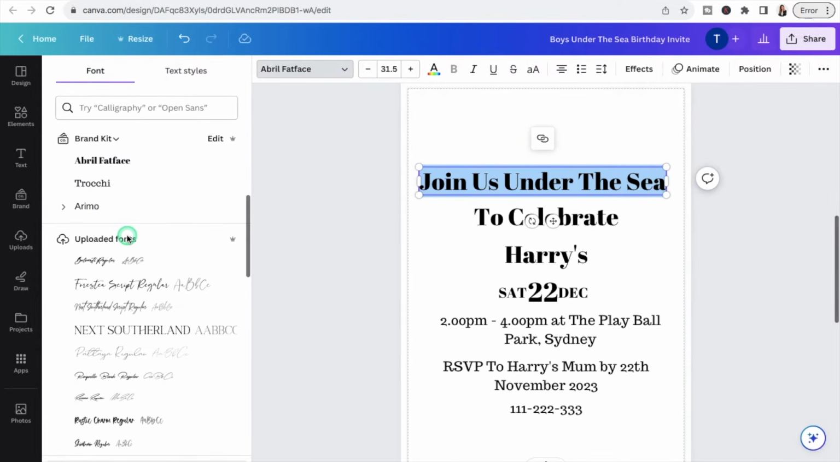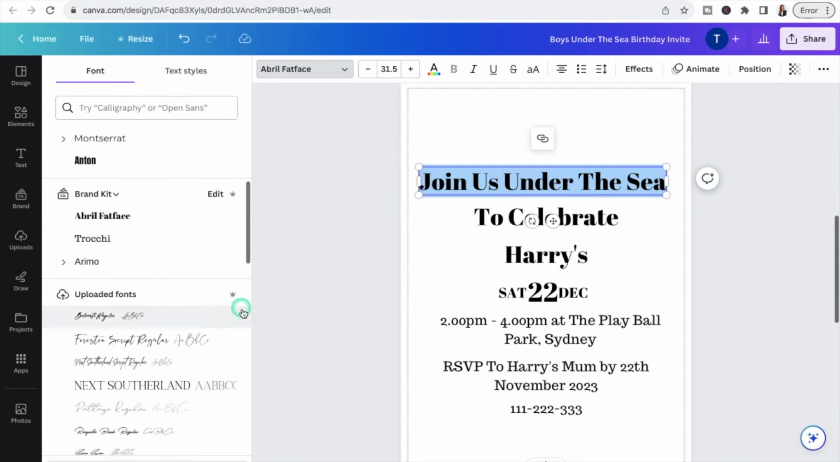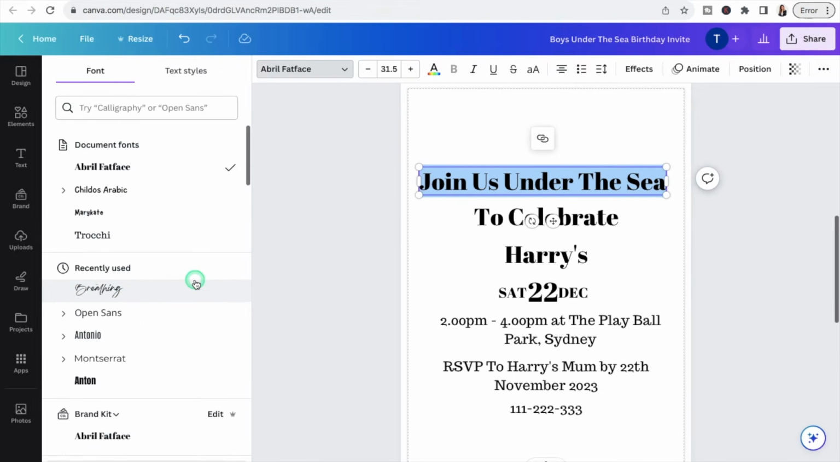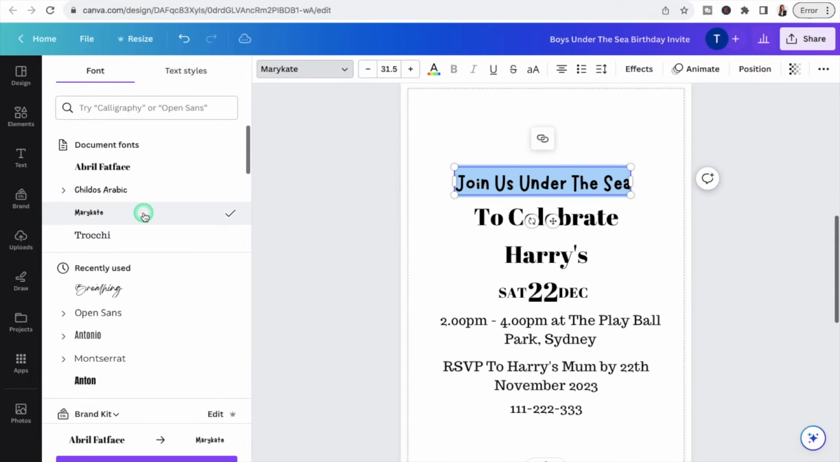And I always recommend using the free fonts. Anything that has a little crown next to it like this, it's a paid font. I'd stay away from that. Because this is a kids birthday party invite, I'm going to go with a theme of kids writing. I know exactly which ones they are because I've used them prior. So they're just going to be sitting here. I like this font, Mary Kate. Yep, I like that one. And then I also like